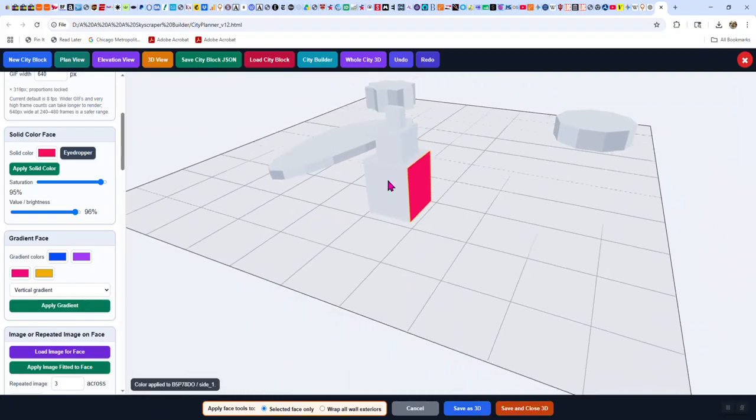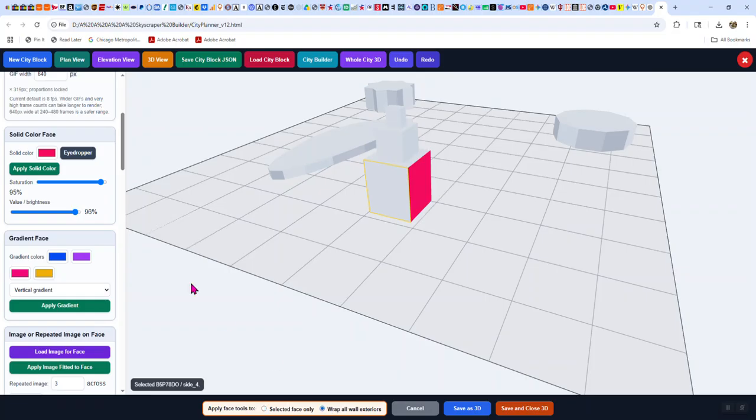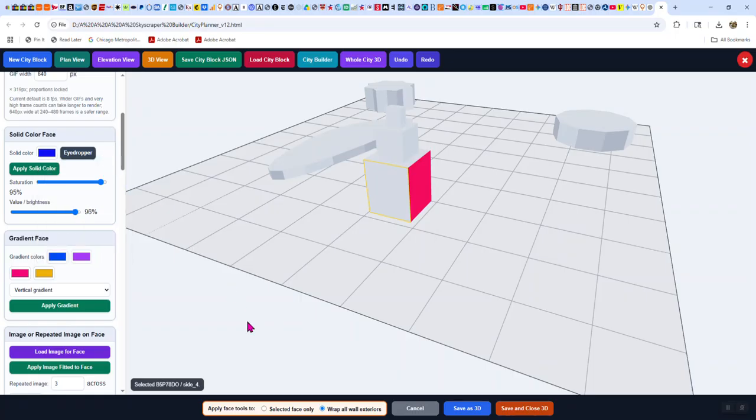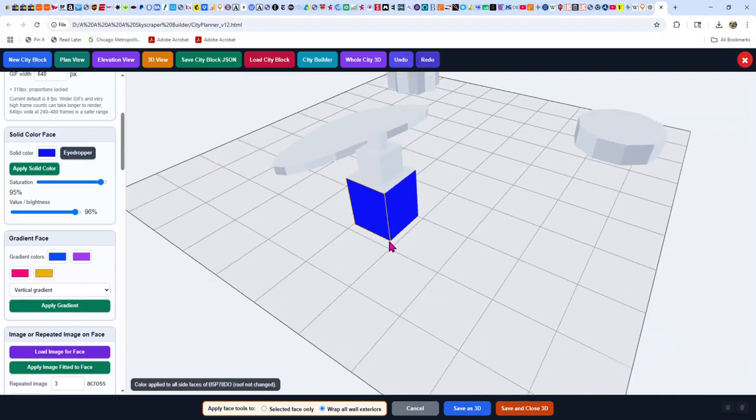Now, if I'd said use all the way around, and let's change the color. The one thing is, I've got it up here at this level of saturation and value and brightness. So if I go to another color and leave the dot there, it'll jive with that other color, right? As opposed to going a lot darker or a lot lighter. Because if you put the dot over here, you're going to have a bunch of pastels, and down here, you're going to have maroons and deep blues or whatever. So I keep it bright, but here I've set it to be the whole thing, wrap the building. So when I do that, the whole building gets wrapped.